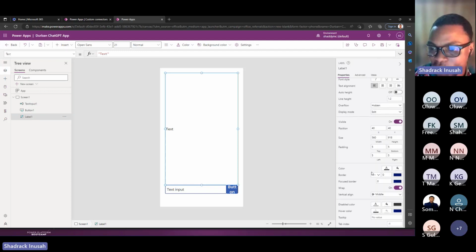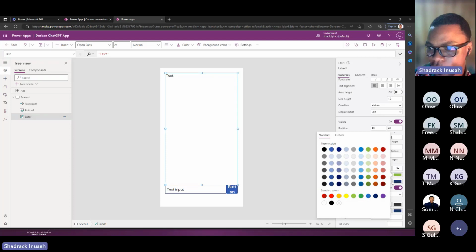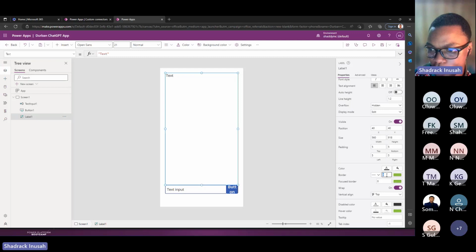Yes, so when you click on this, whatever you have here is what we call the properties for that particular label, right? So in the properties, we want our vertical align. We want to have the text up. Okay, so you can see it move up. Then we want to have a border. I love this color. We want to have a border around it, and the border should be, let me say, 4. All right, so I'm done with that.